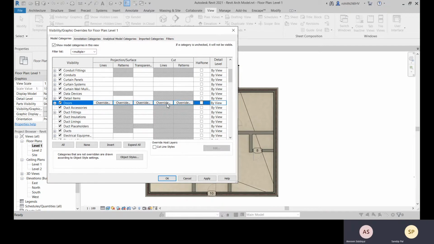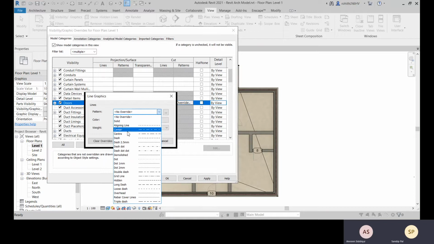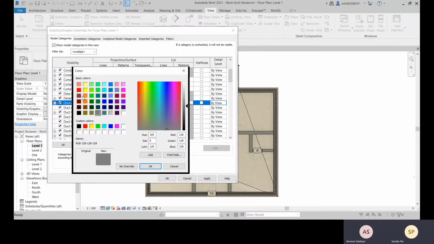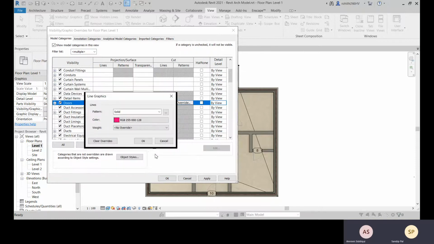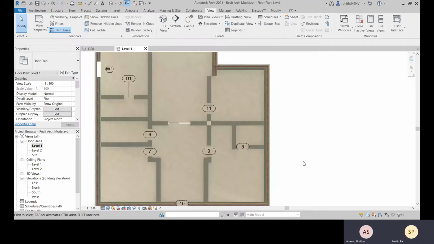So let's go with this line. You change the door lines, and let's go with this solid. Okay, you can change the colors like this one, or let's go this one, and you click on OK, you apply it.